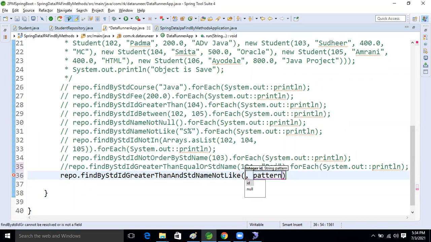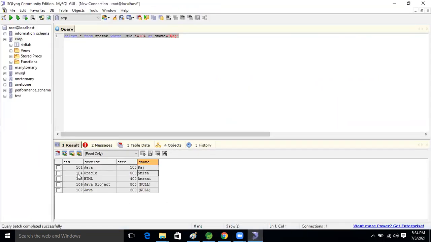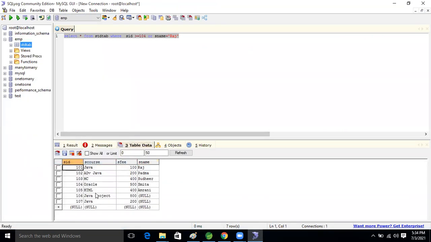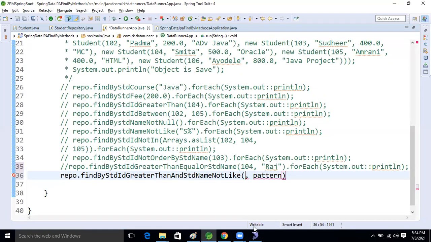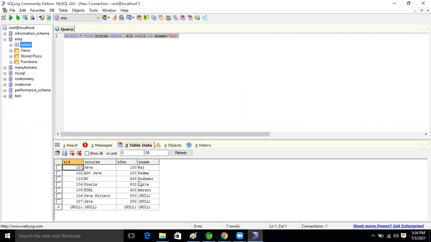So here what I'm going to do now, guys, I'm going to take this record, right? From here onward, 101 record I want to take. And what pattern will we take? Let's take the pattern S. Multiple records are there, Sudhir and Samita. Those records I don't want. Except that, whatever matching record will be there, those records I want.